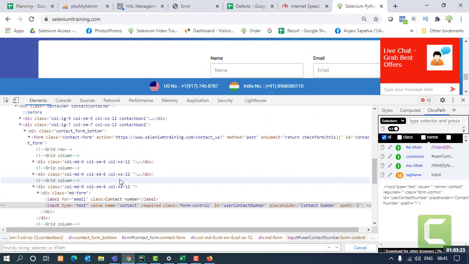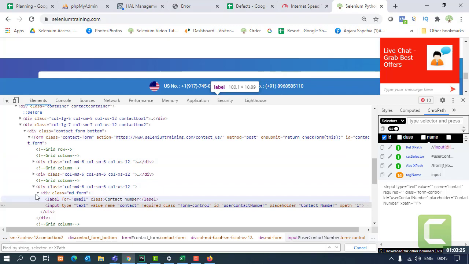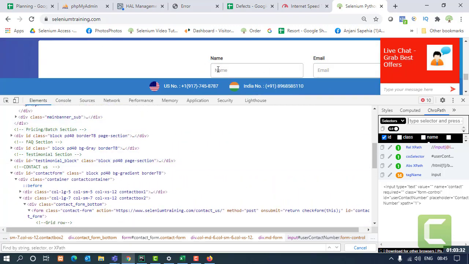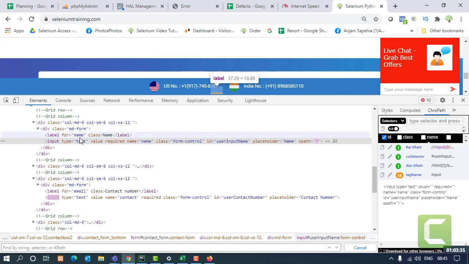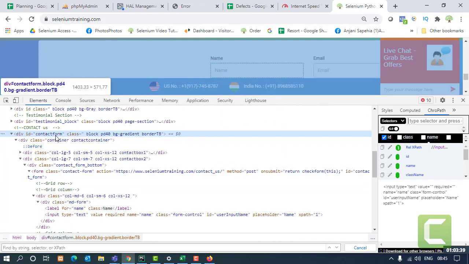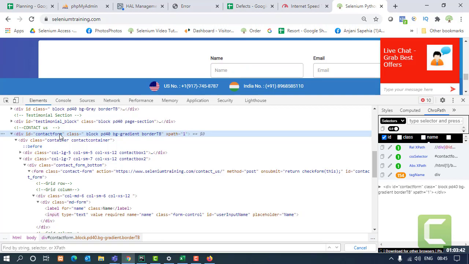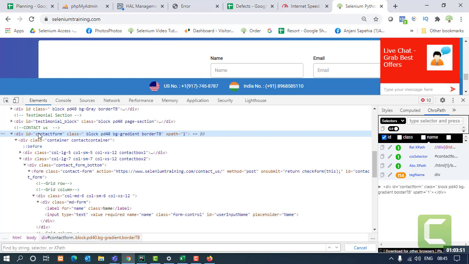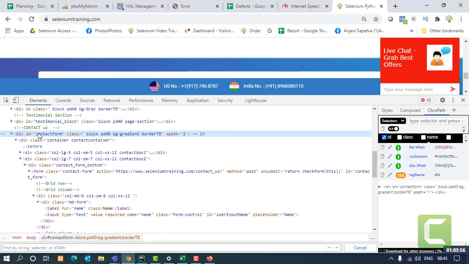let's say name, yeah. So this is my form tag, the whole form tag. This is a div tag which has an ID and a class as well. So if I have to make the CSS selector for this name text box, how will I be able to do that? Plus point, I already have an ID associated with that tag.